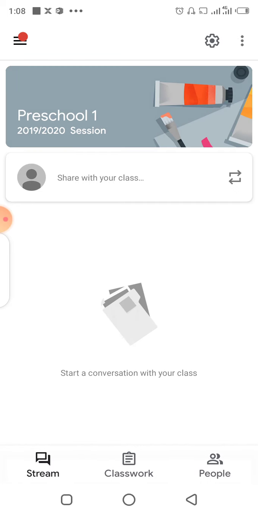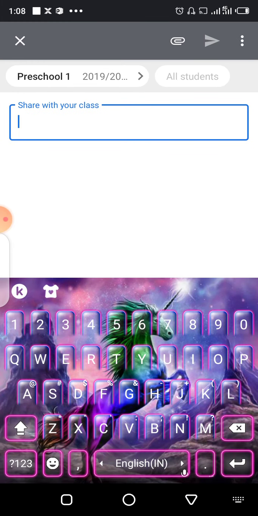Now we are entering preschool 1, and the moment you enter, this is what you will see. At the bottom of the screen you see stream, classwork, and people. Now we are on the stream. There is nothing there yet, and this stream records every activity going on in the classroom. Every student sees it, all the teachers see it. So you need to know that whatever message you post is going to be seen by everybody, and you can just share with your class as a teacher